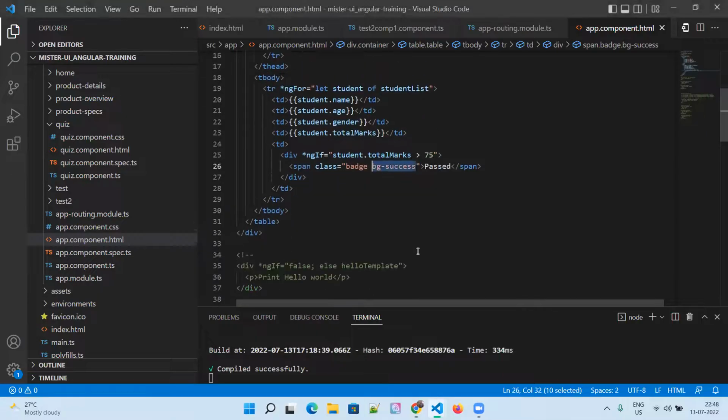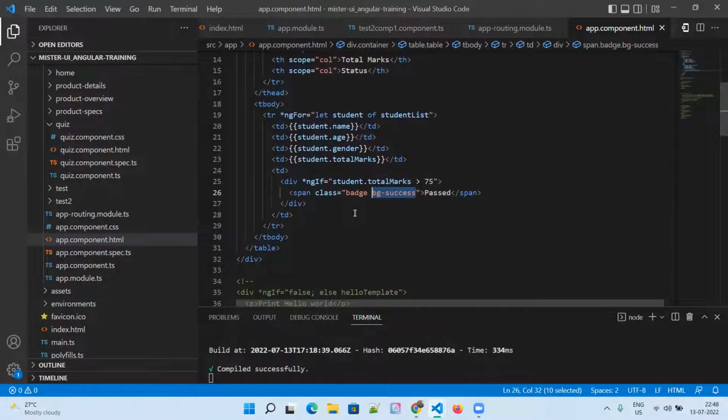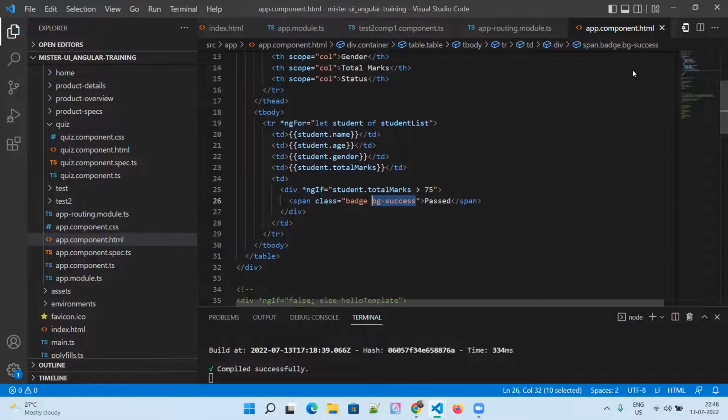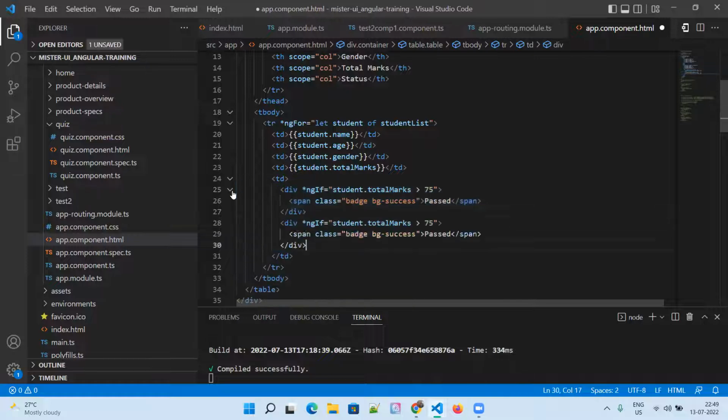Now I want to use failed for failed students. I mean, not failed, maybe a student who has less than 75 marks. I want to show a different color. Okay, what I can do is basically copy paste this, and instead of greater than,